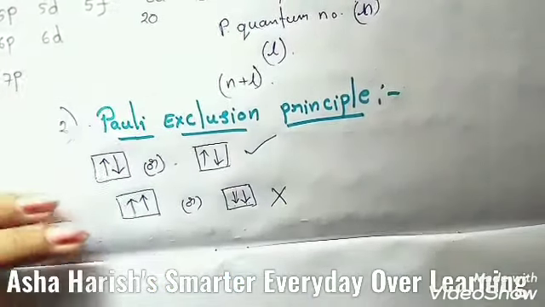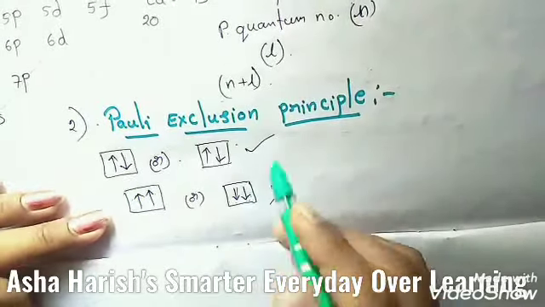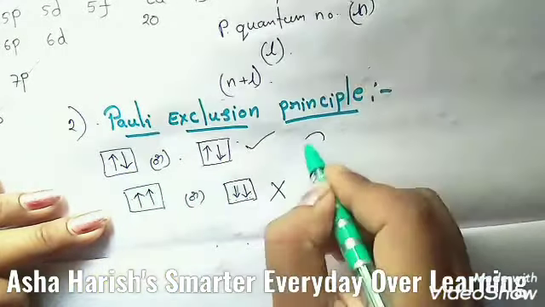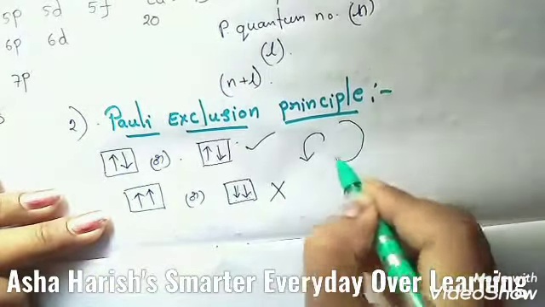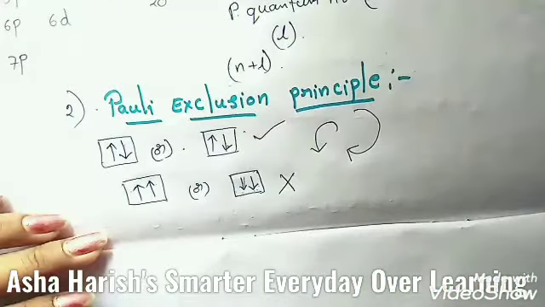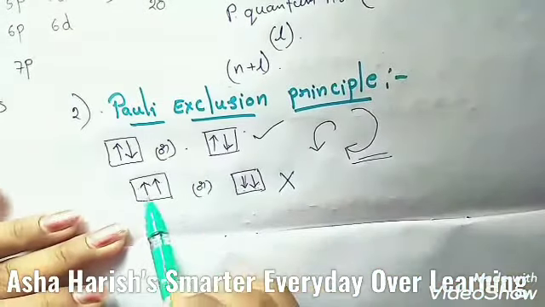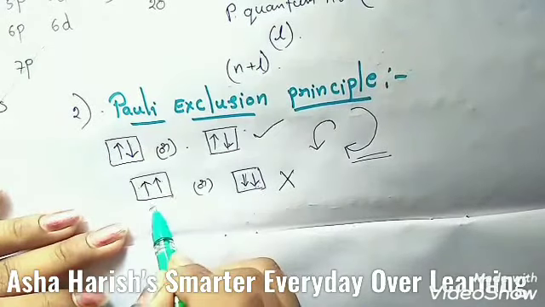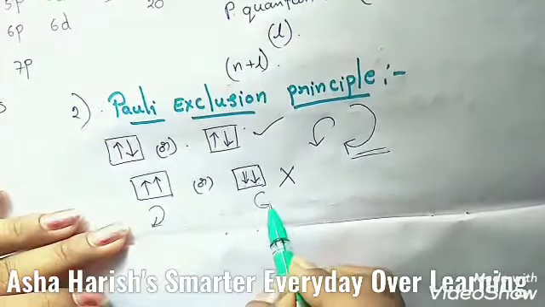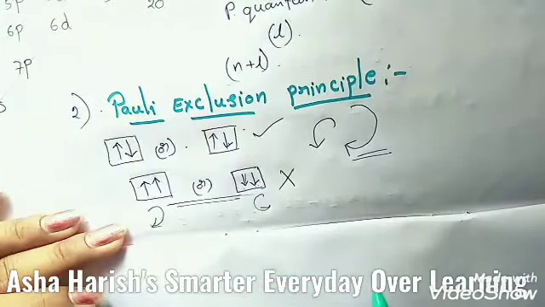Okay students, and one more thing, in these two, the 2 electrons have opposite spins, that is, if one is revolving in the clockwise direction, the second one is revolving in the anti-clockwise direction. This is the correct way of representation. If you see the second one, these 2 electrons are revolving only clockwise, and these two only anti-clockwise. So students, this is the wrong way of representing the Pauli exclusion principle.